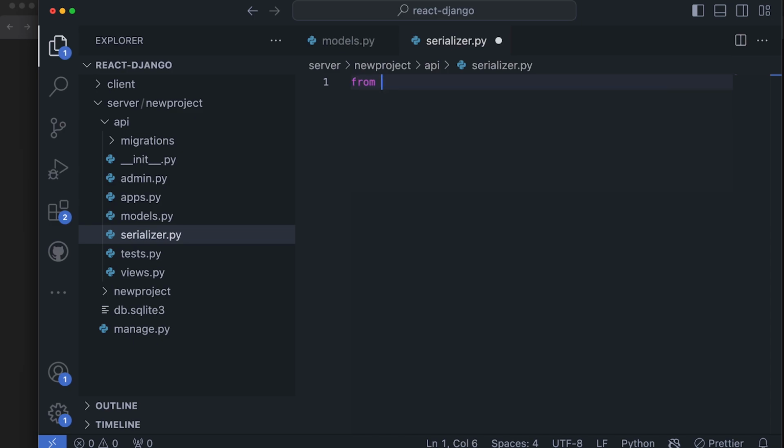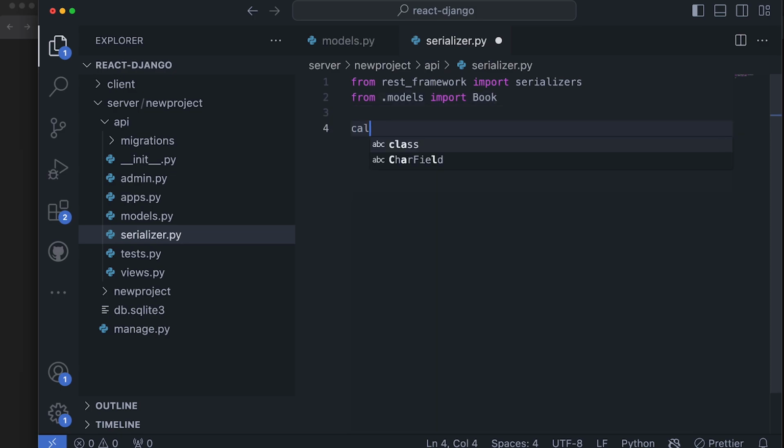So the way we do that is I'm going to import from the REST framework library. I want to import the serializers package. Then I want to import from our models file, this one over here, the Book type. Then I want to create a class that is going to be used whenever we want to serialize or transform some JSON data into Python data. So I'm going to call it BookSerializer, and I'm going to put serializers.ModelSerializer,